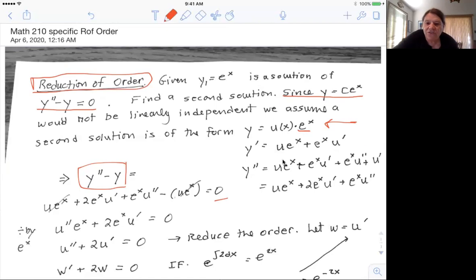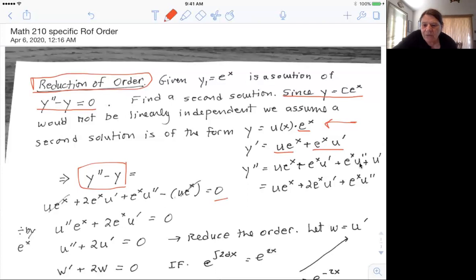So I'm going to take another derivative, and this is the one I'm taking the derivative of now in order to find y prime. This one's going to use a product rule again. First times the derivative of the second, e to the x, plus second times the derivative of the first, which is u prime. The next piece, this e to the x u prime, I'm going to use a product rule again. It's going to be first times the derivative of the